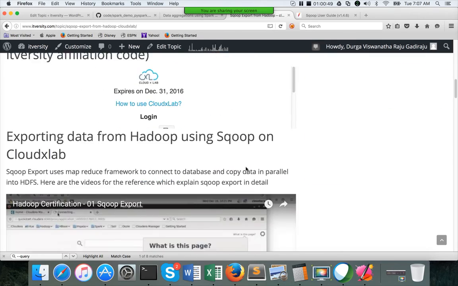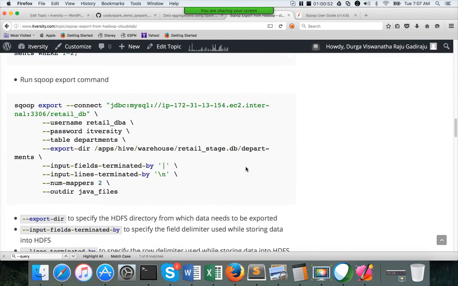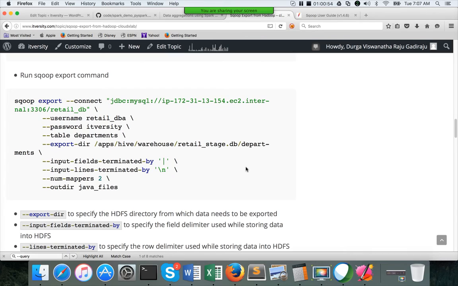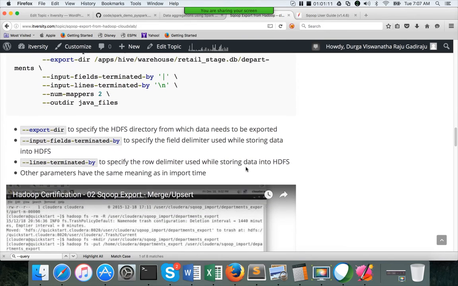So as part of this, we will be talking about Sqoop export. Okay, so Sqoop import is to get data from a relational database into HDFS or Hive. Sqoop export is the other way around, to get data from Hadoop or Hive into relational databases.